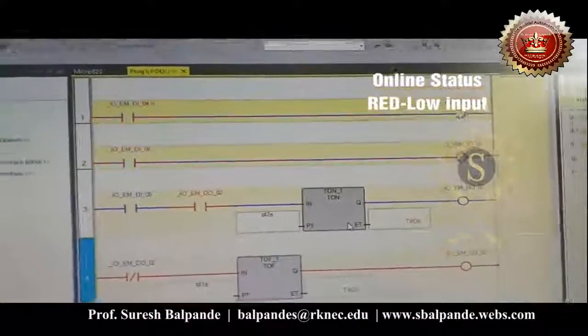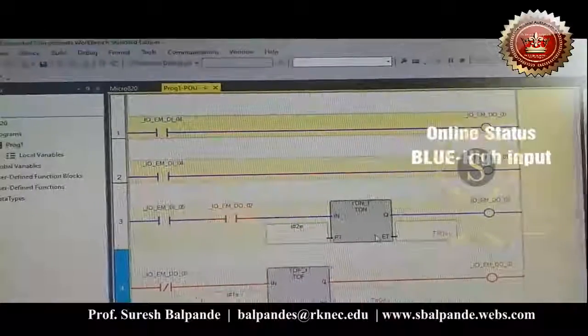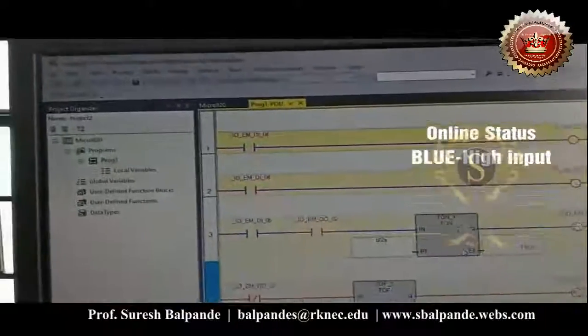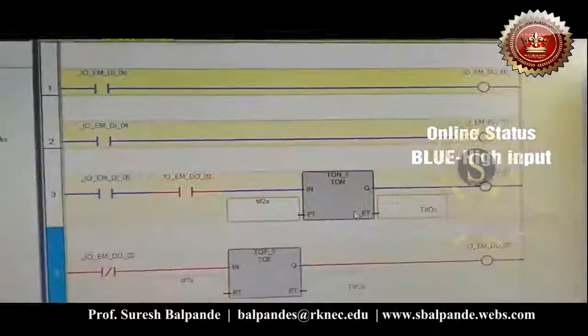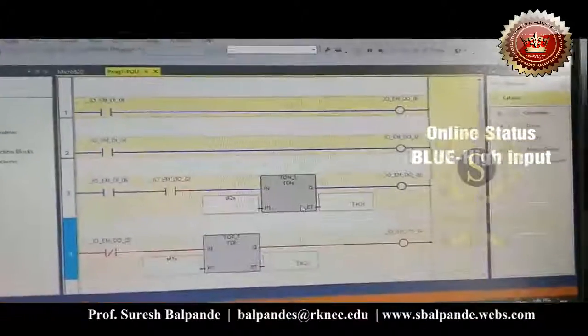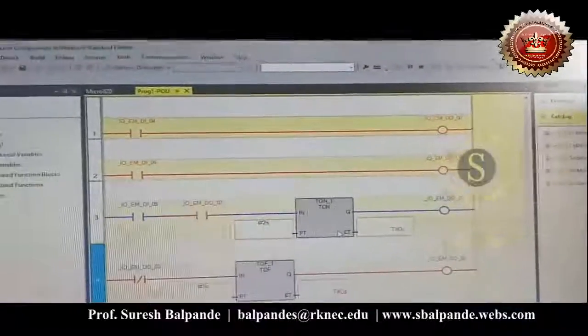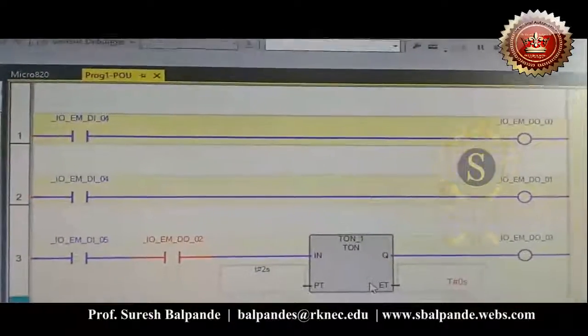Generally we use an Ethernet cable for programming. This is one of the important factors why PLCs are most preferred in industrial scenarios, because the moment you provide this kind of connectivity, remote debugging and remote programming become possible.